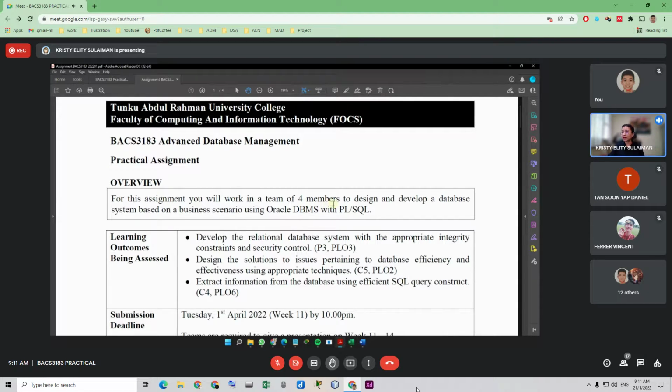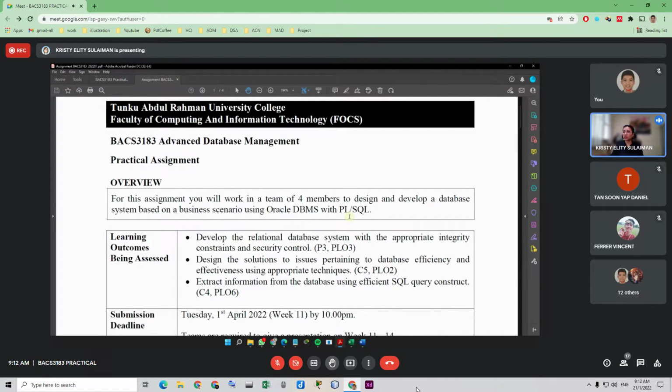You are required to design and develop a database system based on a business scenario that you pick, using Oracle DBMS with PLSQL.